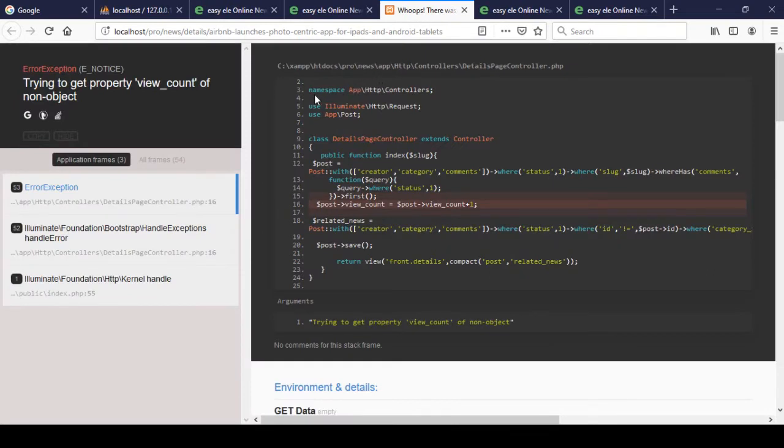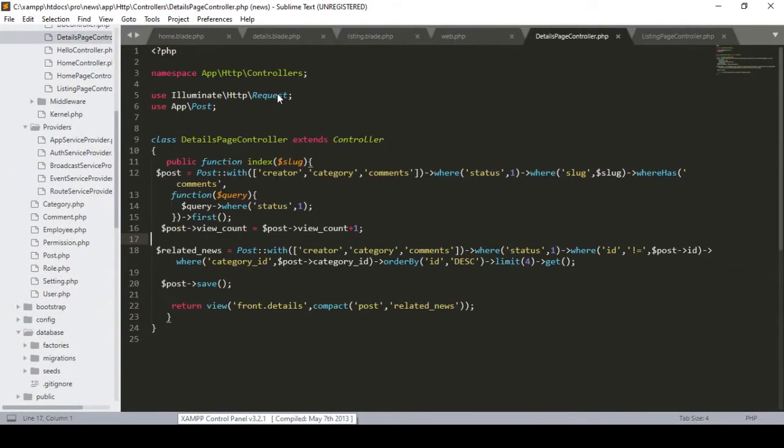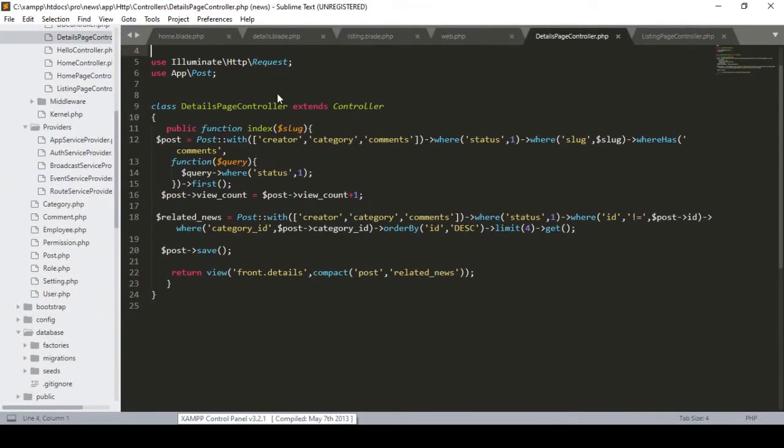Here we get an error: trying to get property view count of non-object. Here I defined it as view count, so maybe we did something wrong here. Let's check this out. If you go to our controller, that means the detail page controller,